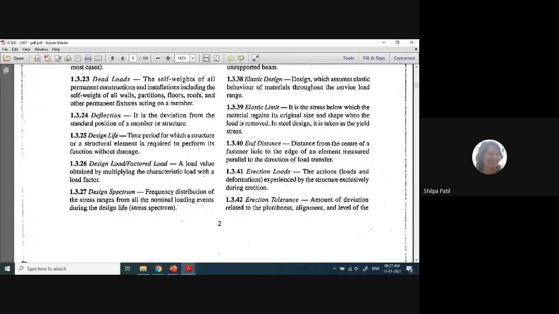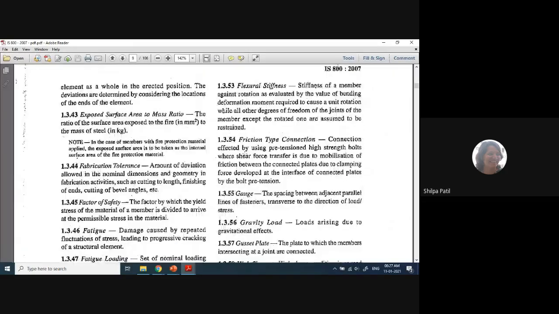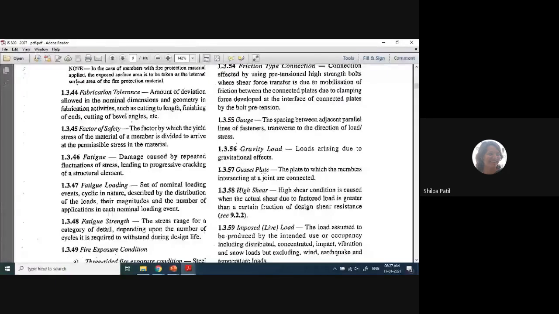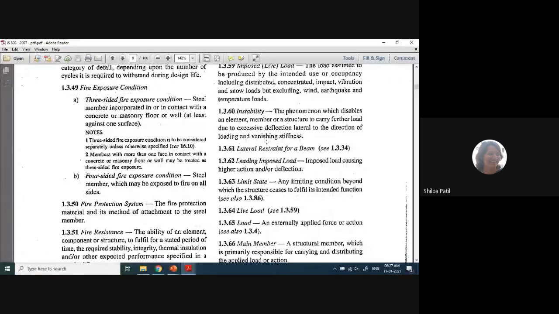Now, if you consider end distance, it is one terminology which is always required in the connection. And during the oral examinations, we ask to define end distance. Or even in the theory examination, you may be asked to write down the meaning of end distance. So it is given here in the code. Don't need to mug up everything. Everything is given in this code. That's why I have told that without this code it is very difficult to design any given steel structure. All the definitions and terminologies used here are given.